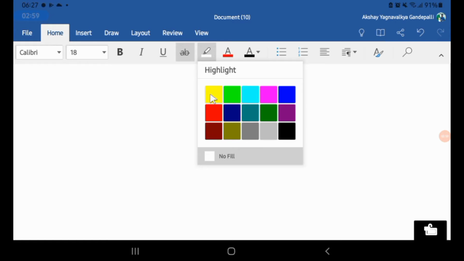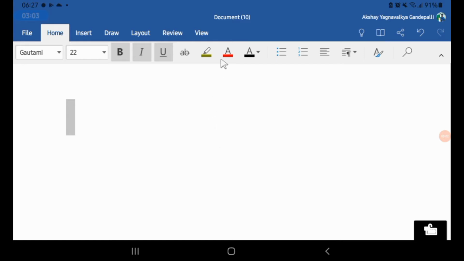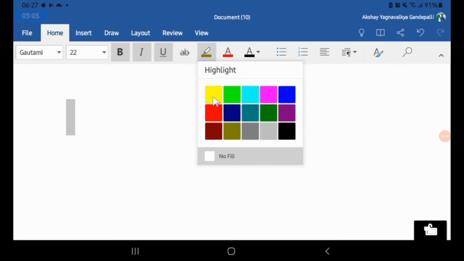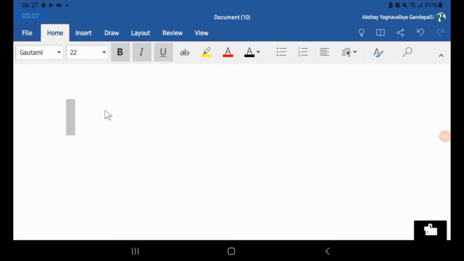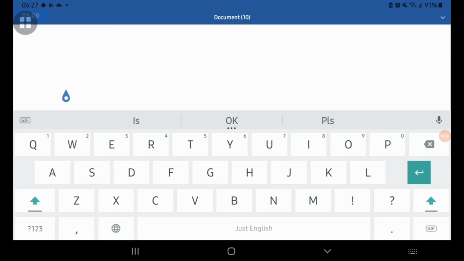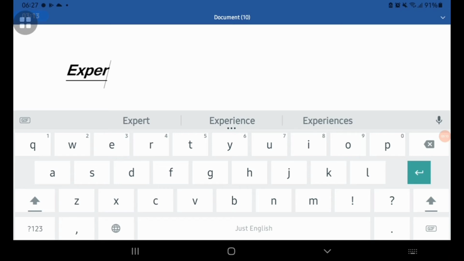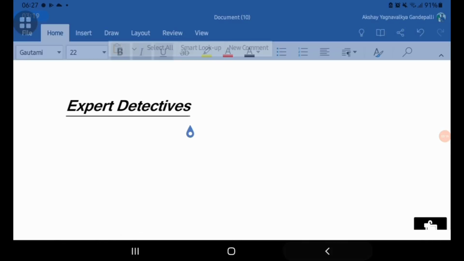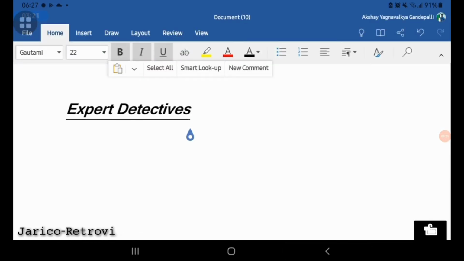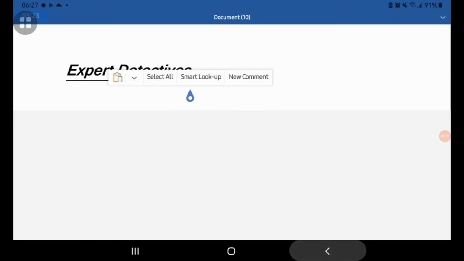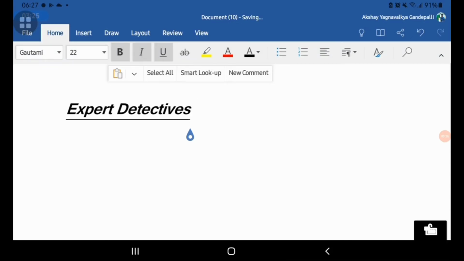So this is highlight. There are colors like yellow, green, red, orange, etc. So this is the highlight option. Click on this and then start typing. I am typing 'expert detectives'. After that you have to select the text and then click on the highlight option available there.